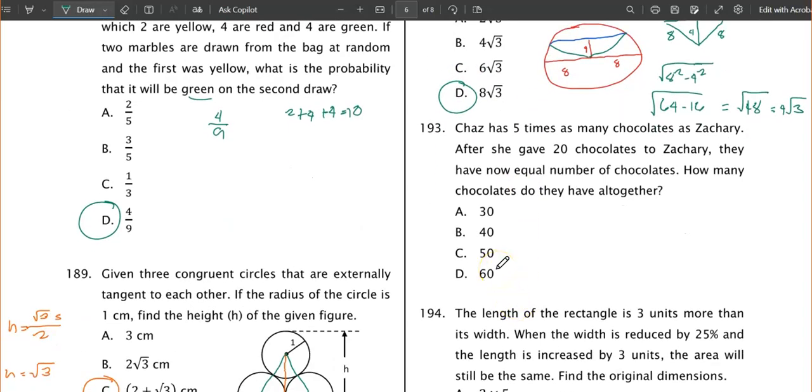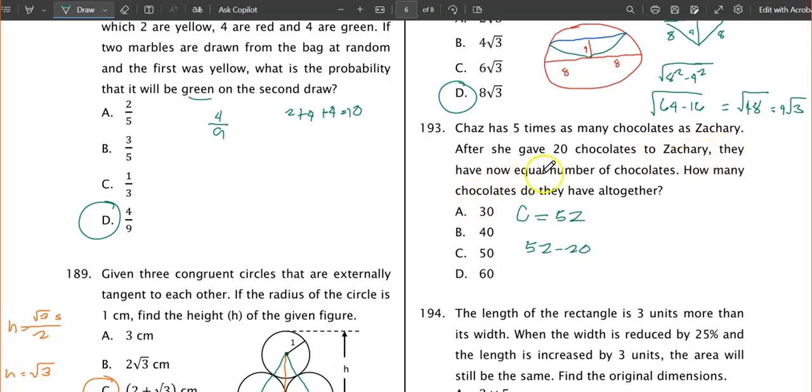Number 193. Chaz has 5 times as many chocolates as Zachary. After she gave 20 chocolates to Zachary, they have now equal numbers of chocolates. How many chocolates do they have altogether? So we have Chaz, C. She has 5 times as many chocolates as Zachary. So 5 times Zachary. After she gave 20 chocolates to Zachary, so we need to say 5z minus 20,